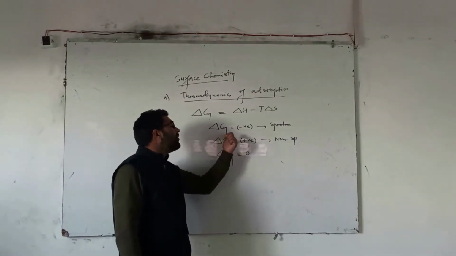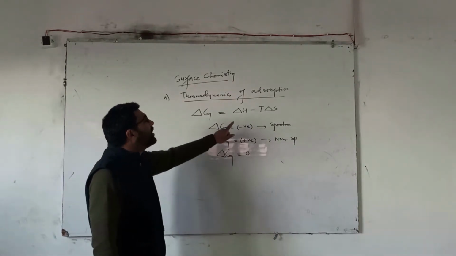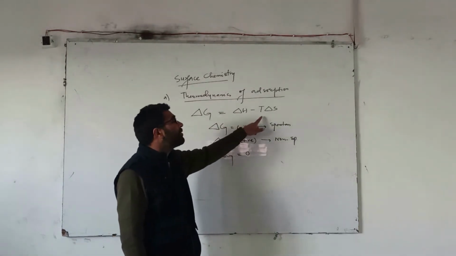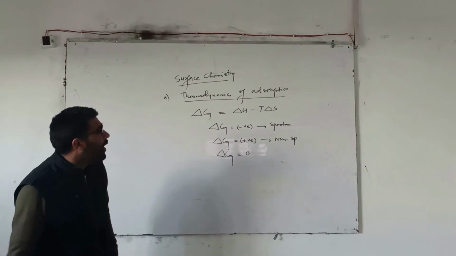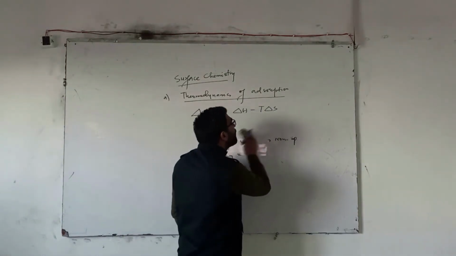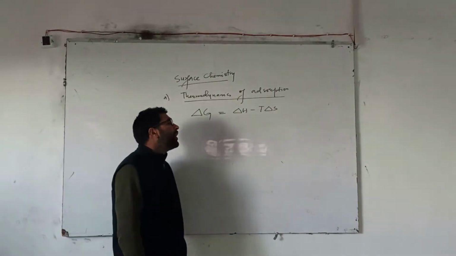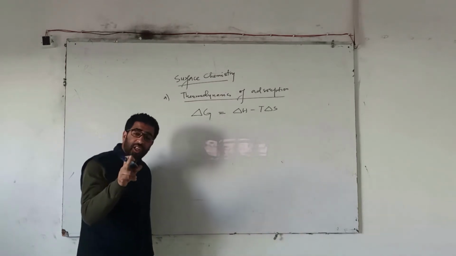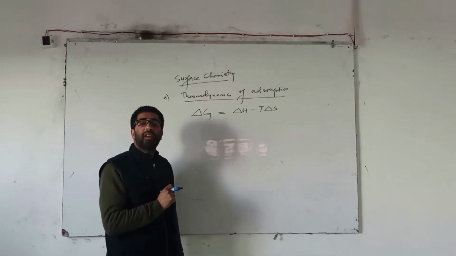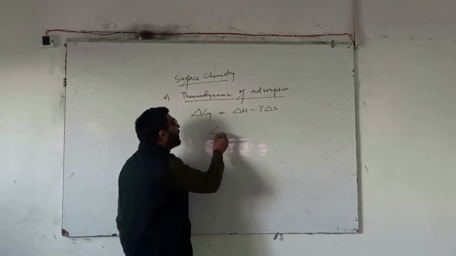So how will delta G come out to be negative, or when does delta G become negative? This can be described on the basis of the delta H factor as well as the delta S factor, keeping the temperature constant. Now, as you have read, in case of adsorption, there is decrease in enthalpy. That enthalpy is called enthalpy of adsorption. Actually, you have read, there is decrease in the surface energy that appears in the form of enthalpy of adsorption. Got it? So the concept is very much simple.